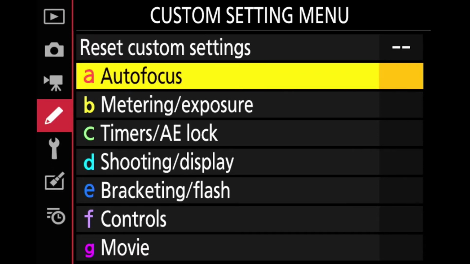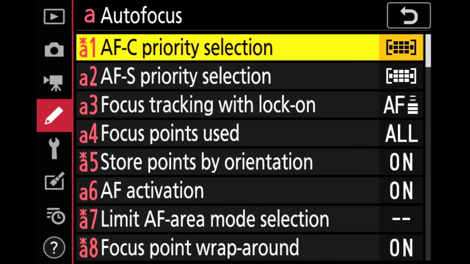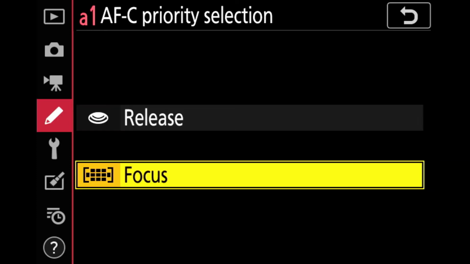So next is A, that is the autofocus. When we go into the autofocus submenus, we will find there are a lot of options. So let's begin with that. The first option is autofocus continuous priority selection. When we click on OK, we will have two options, release and focus.